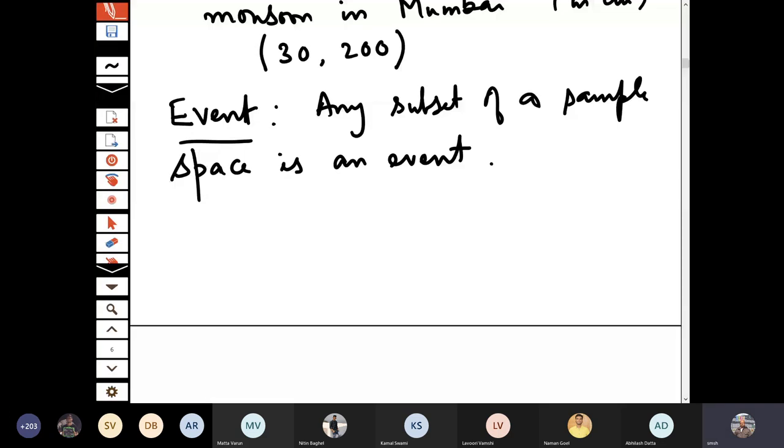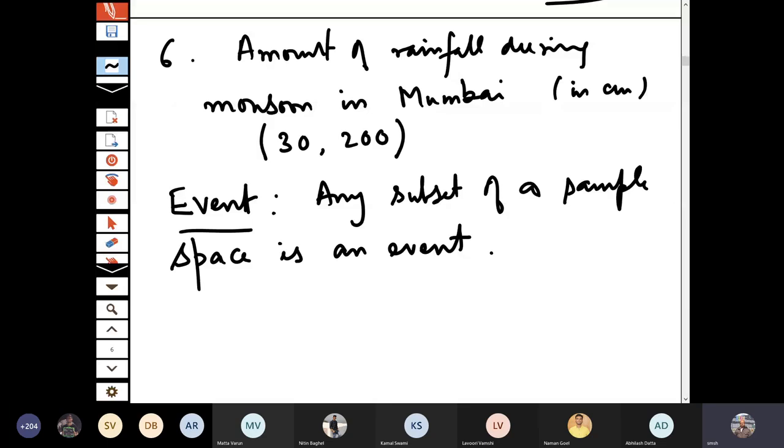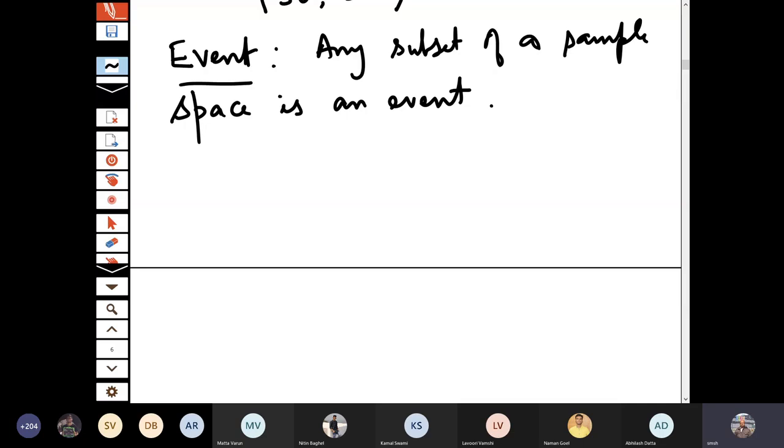Okay. So then the question comes: is it feasible practically to consider all types of events when we are discussing probabilities? We will come to that, which events to consider, whether all events should be considered. As you can see here, the number of events becomes very, very large, because if I have an infinite interval 30 to 200 centimeter, there are uncountably many elements, and therefore the number of subsets is also uncountably many. So we talk about various kinds of events.